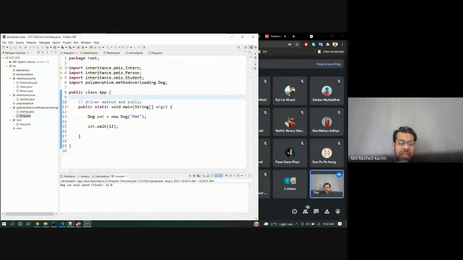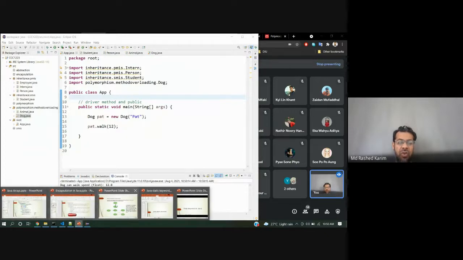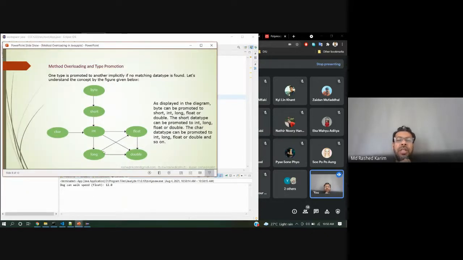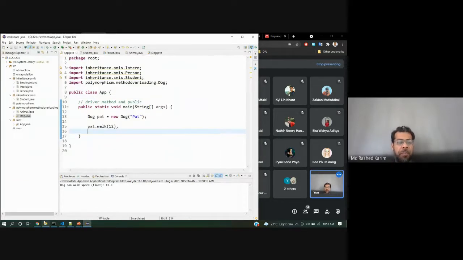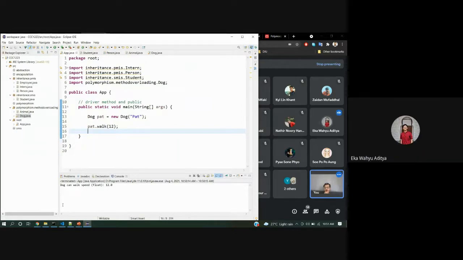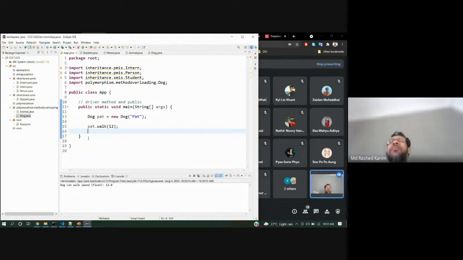Maybe I need to check whether there is a new specification, because this notation is declared, but it's type promotion. Why does it not follow the type promotion? I need to ask Google. I just asked Google, but I cannot find the answer. Maybe the latest version of Java has changed.